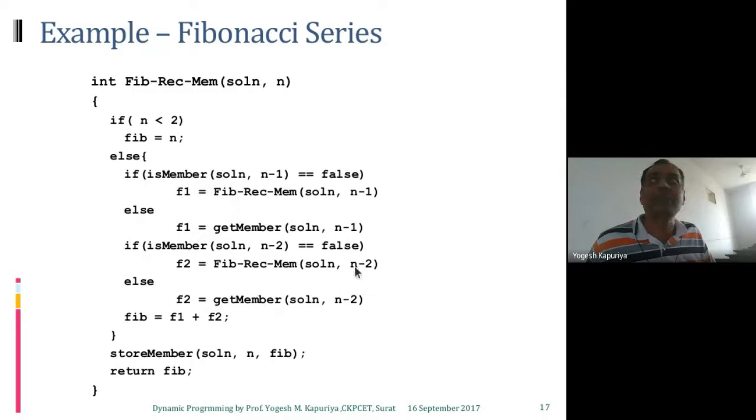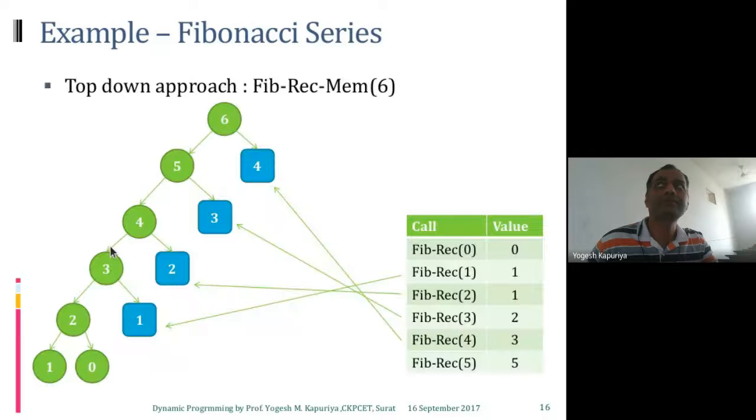Before I calculate using a recursive call, I will first check whether the value is already available or not in my solution table. When I go for this sort of approach, it is always going to improve my performance, because now I am not making a recursive call every time. We have this sort of if condition over here. Only if that is false, then we are making a call. So this is how it looks.